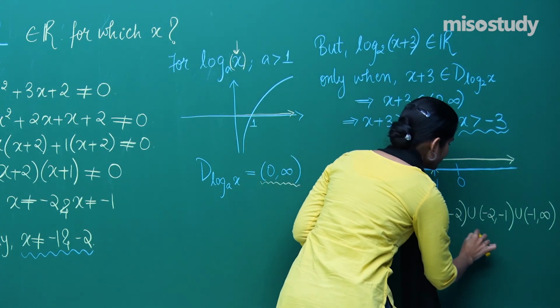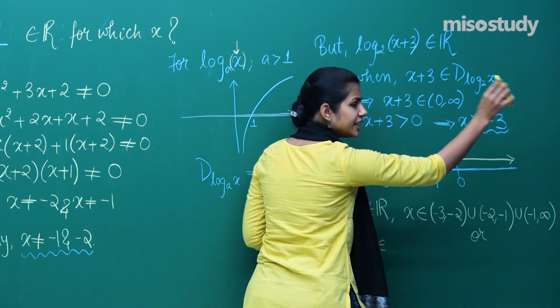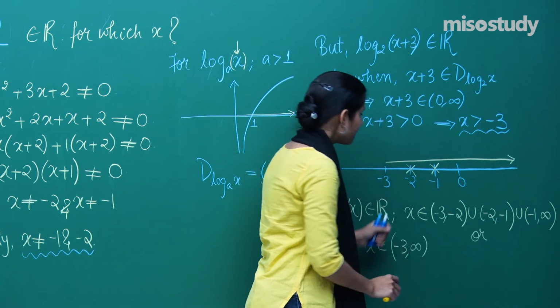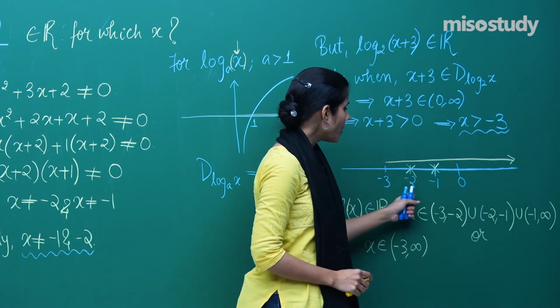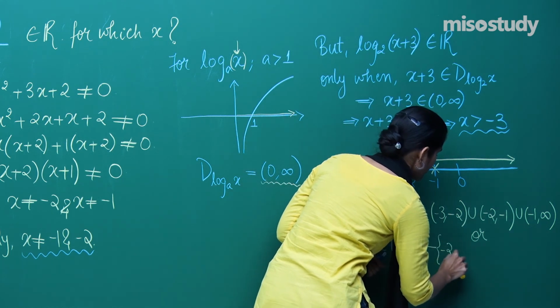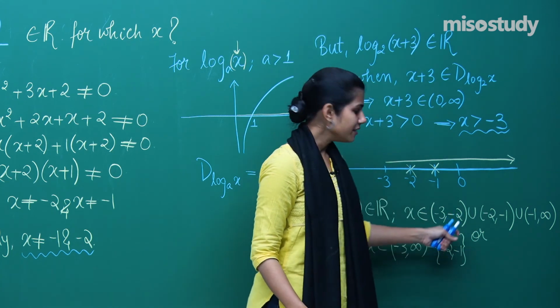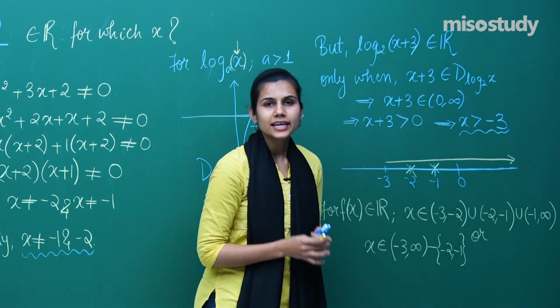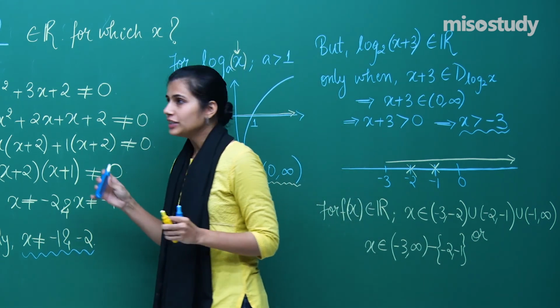Or I can write it as from minus 3 to infinity, if I consider the entire interval and remove from it minus 2 and minus 1. I can write this alternatively as this,